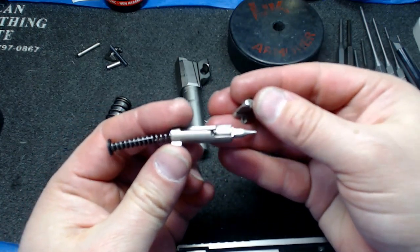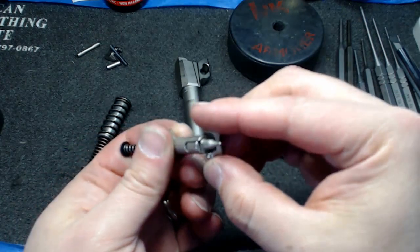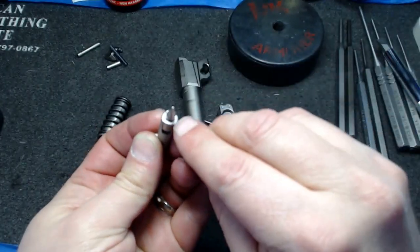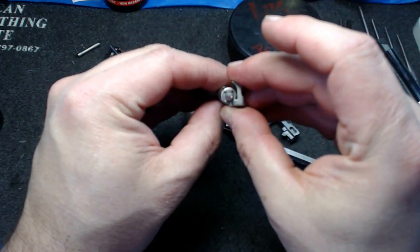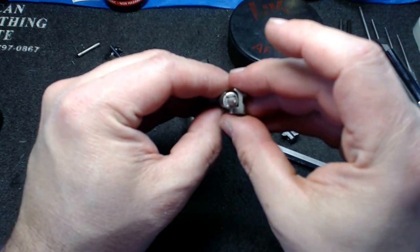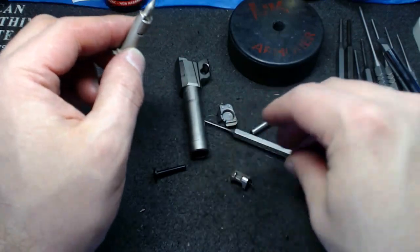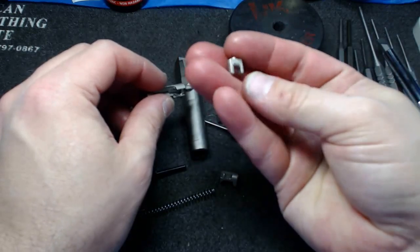With the firing pin safety, I think we can see where this actually catches. It's designed to catch on this bottom rim here, that little edge there. It's just going to catch on the side of the striker as if it were coming forward. So when something pushes this up, the striker can move freely in that big space, but when this is all the way up under its own pressure, it's going to block the striker from coming any further forward on that little ridge. So that's your firing pin safety, your striker, and I didn't look up the name of this particular